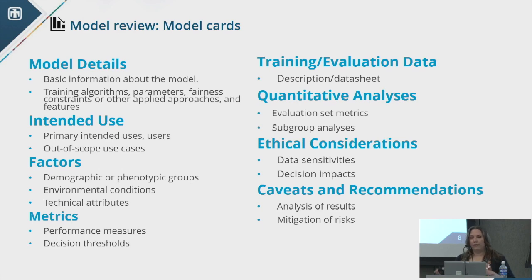So model card, very similar to the data sheet, but for models. I won't belabor the point here. It's a manual thing where it's a checklist of things and questions to answer about your model. But the idea is that it will help you not miss things to consider as you're developing the model and evaluating the model. So very similar in nature. We can see some of the factors. We're looking again at the performance for specific demographic groups when we have human-centric data. In science settings, that can also mean data at extreme ranges of physical behavior that you might want to consider that might be absent from your data sets.